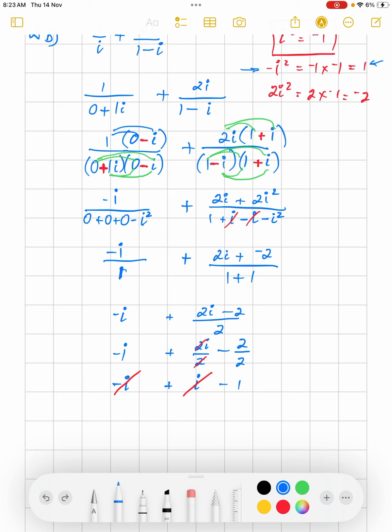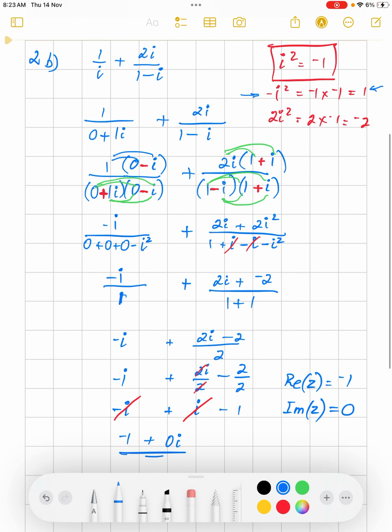Well, that is the number. And negative 1, I will change that to plus 0i, because there is no imaginary component. So the real component of our z value is simply negative 1, and the imaginary component of our complex number is simply 0. So we look at the original fraction, and you can see it's hard to tell that the real component is negative 1 and the imaginary component is 0. However, once we've simplified it,